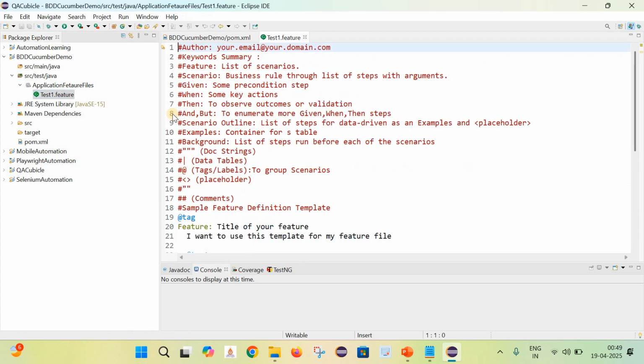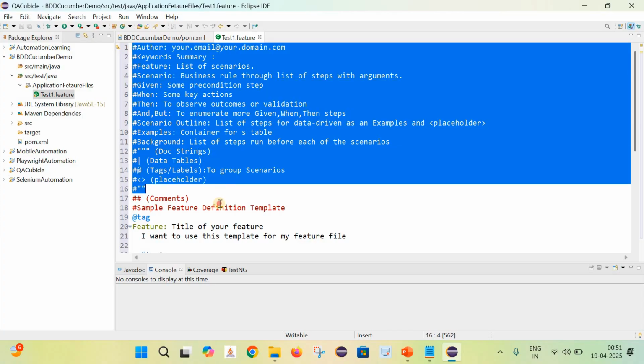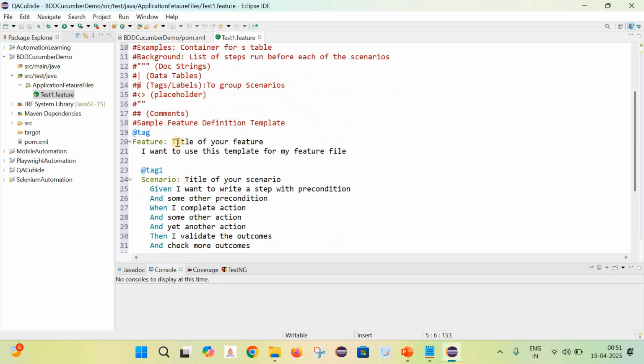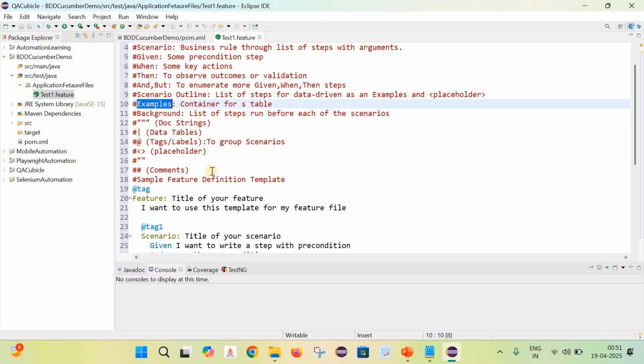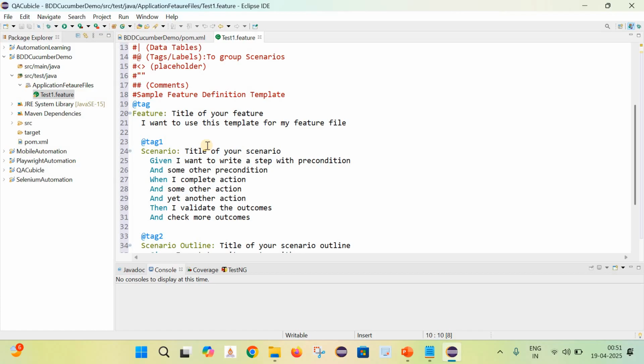And if we click over it, here you can see this is the skeleton of our feature file, and these are the keywords which are used as a part of a feature file, like Given, When, Then, And, But, as well as we use this Background keyword, for example. So in the same way we can create our own feature files which are required for testing, which I will explain in the upcoming sessions.